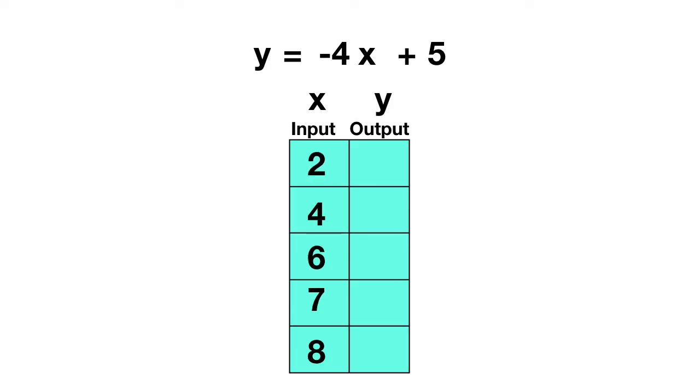When x is 2, you'll put a 2 into the function and solve that y is equal to negative 4 times 2, which is negative 8, plus 5, which is negative 3. When x is 4, y is equal to negative 4 times 4, which is negative 16, plus 5, which is negative 11. When x is 6, y is equal to negative 4 times 6, which is negative 24, plus 5